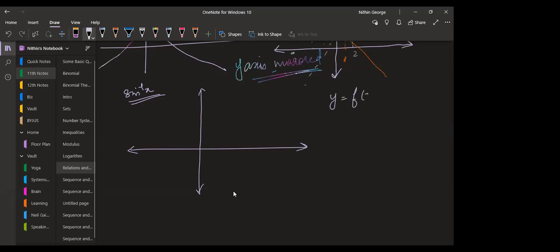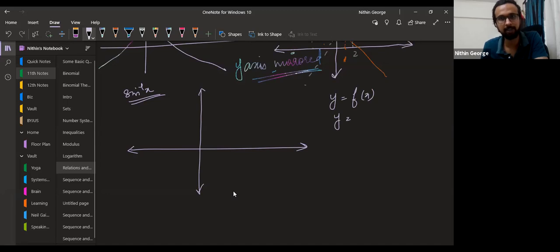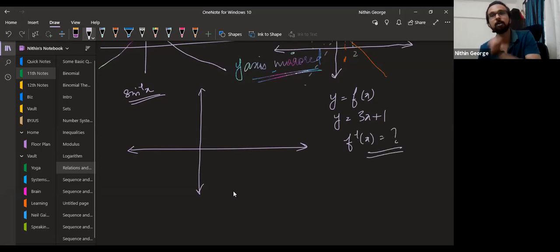Suppose you're given y equal to f of x, like y equal to 3x plus 1. And you're asked to find what f inverse x equals in the inverse function. So here you wrote y in terms of x, right? To find the inverse, you write x in terms of y. I'm teaching you inverse right now. Listen very carefully, okay? You have to put x in terms of y. So what will that become? x becomes equal to